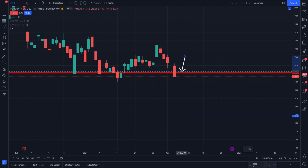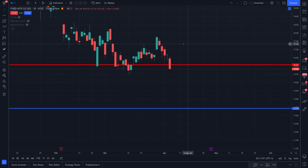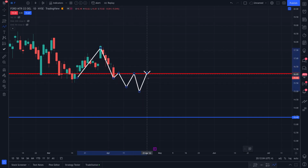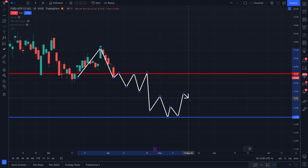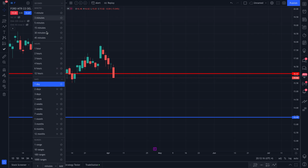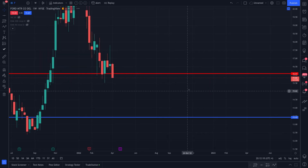1607. If that level acts as a ceiling, it's going to gravitate lower towards the blue line, closer to the blue line, 1343-ish. So hopefully we've summarized everything. The market will likely continue lower if there's not an explosion before the weekly candle close. If the weekly candle just so happens to close below the 1607 level, assuming that it's not a fake out,